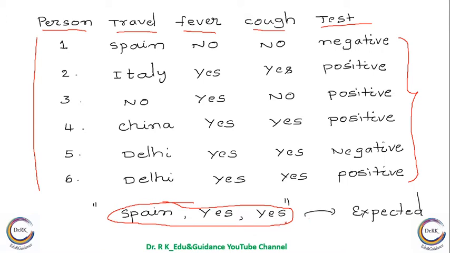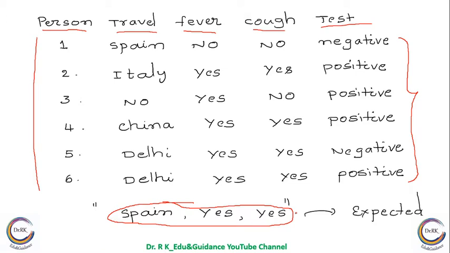So what is the advantage of having such kinds of understanding? Now, suppose based on the past history, for this given input, if it says it is positive, then we can ask the person to go and have the test to find out exactly what the situation is. Right? So to